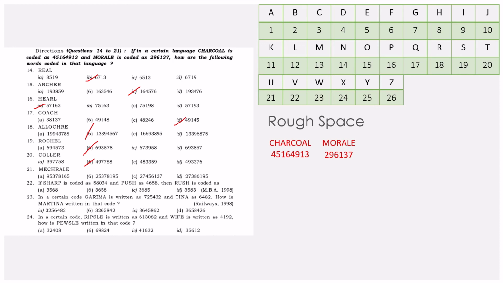21st one, MECHRALE is given over here. So again, by the option elimination method, option A got deleted, and we have to go only with the option-wise elimination method for these types of questions. If you go for the option-wise elimination method for these types of questions, that's not an issue. We can go for that also, but some questions will have something typical, like G will not be 7. The first letter in the first index of this one will not be matching with the first index of this one. No, it won't be matching in some questions.